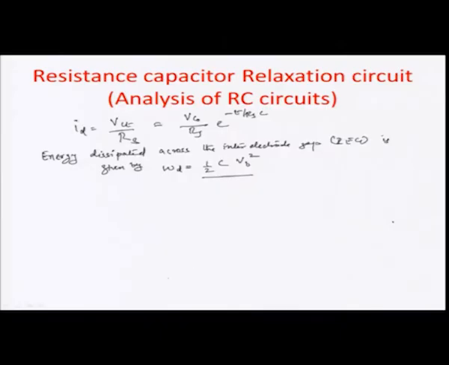And so, WD, the total amount of energy dissipated across the gap, is half CVB square. VB is the breakdown voltage,